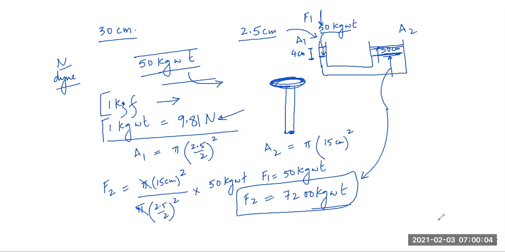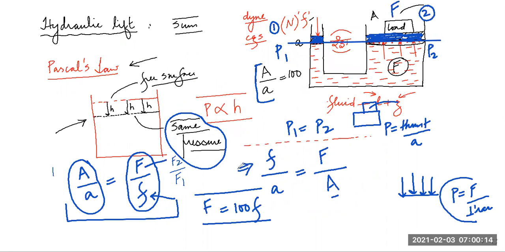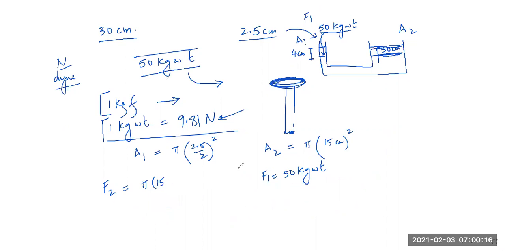Okay. Now we will talk about the strokes he has mentioned. So now we talk about one stroke. What is one stroke? This is a piston and this is the cylinder. The piston moves this distance. This is one stroke of the piston. It moves multiple times, up and down. So there are multiple strokes.